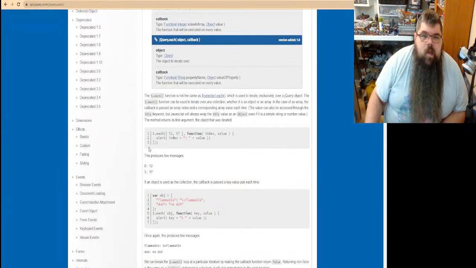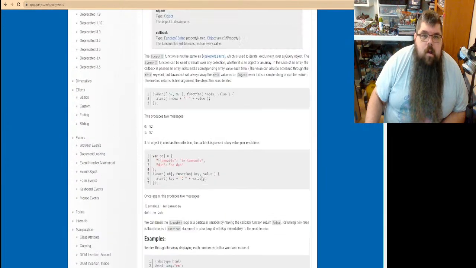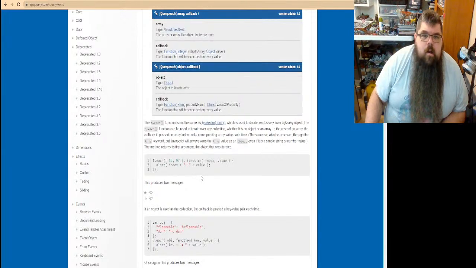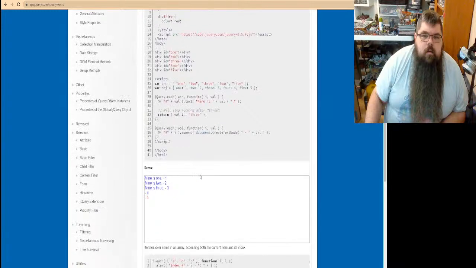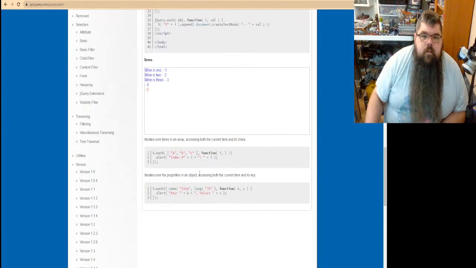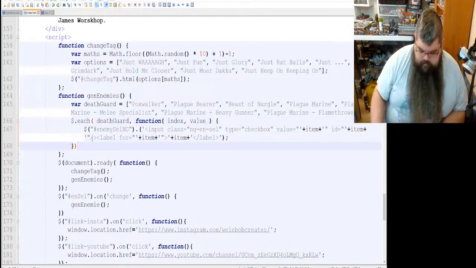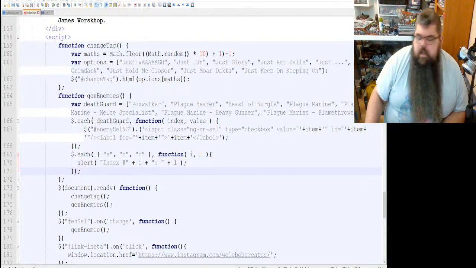I'm missing something. Copy and paste the tutorial from the API and see what I'm missing.